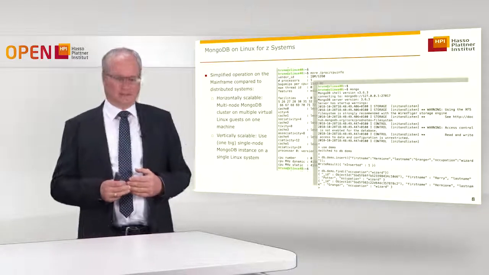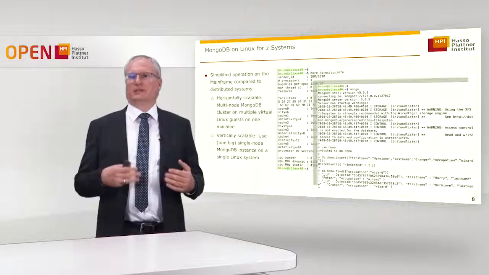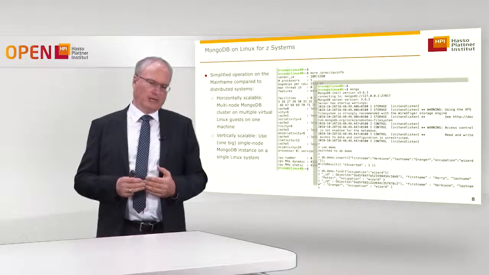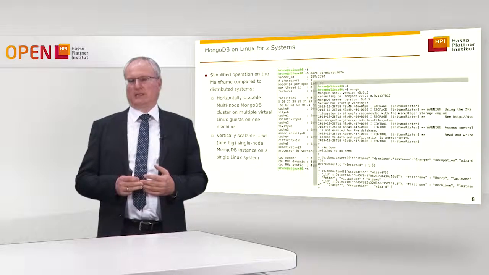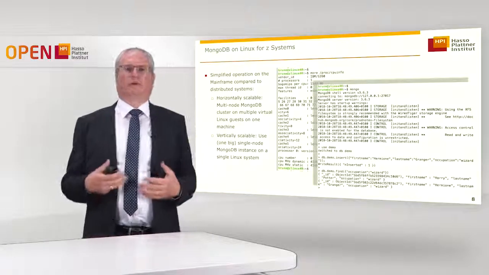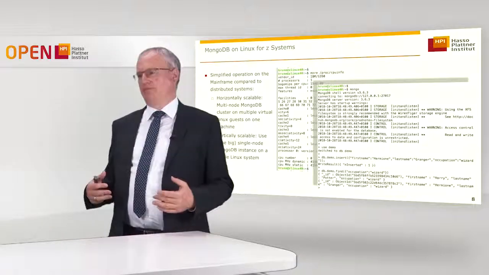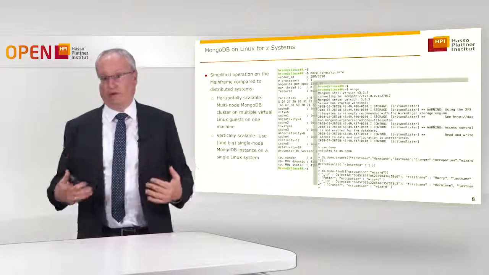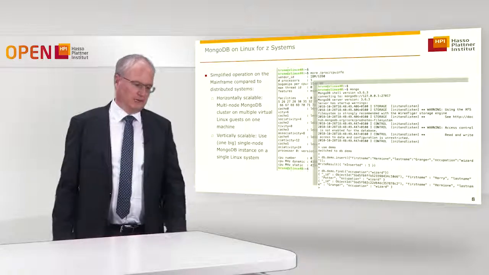MongoDB is written in C, and it has some internal dependencies in the original version on the x86 architecture and the register structure and things like that had to be modified for the port. So it was not something that was ported immediately, very early, but it is available now for some years already.